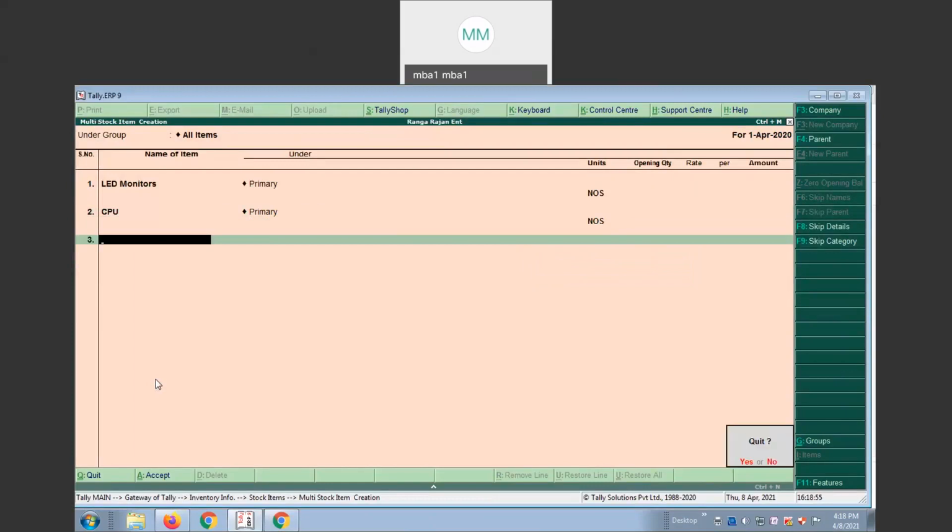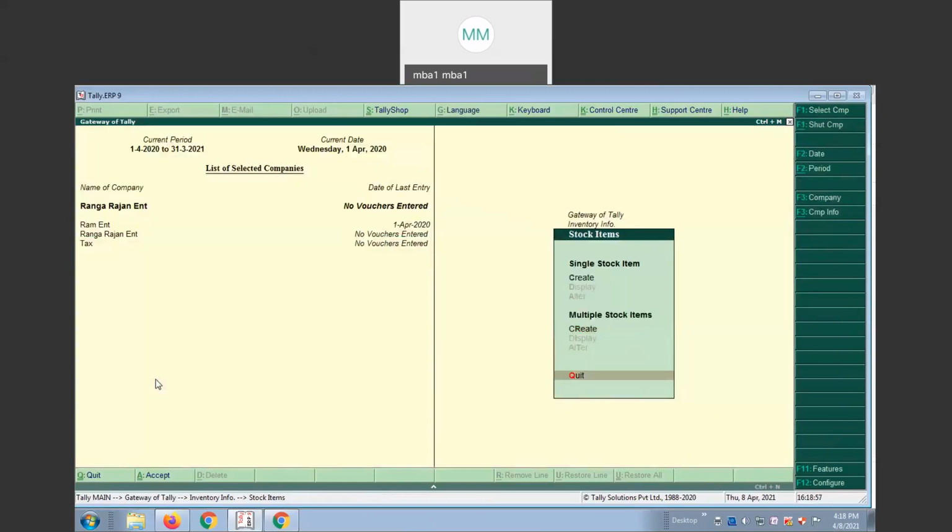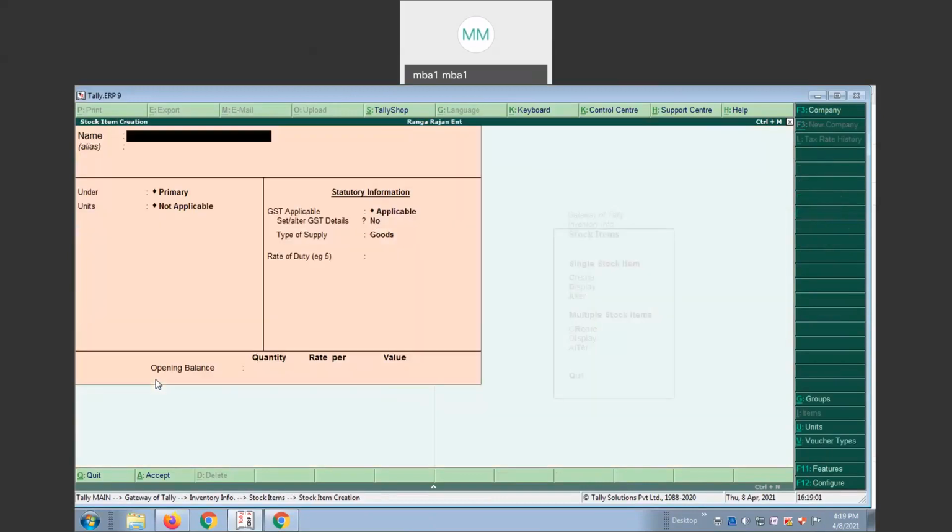Sorry, we need to select in the single ledger only, because for VAT and GST I said you need to do it in the single ledger only. Again I'm creating LED monitors. Comes under primary. Select number. Yes, GST applicable.